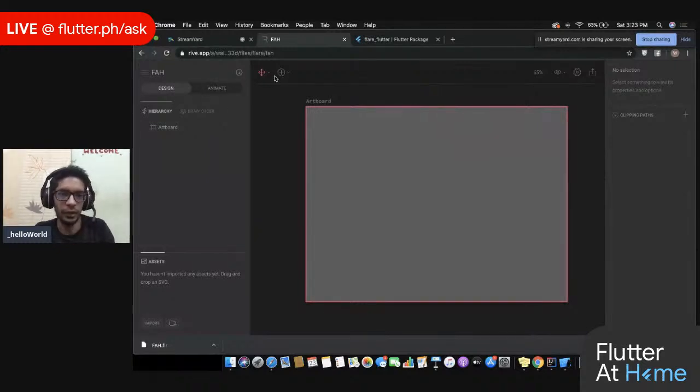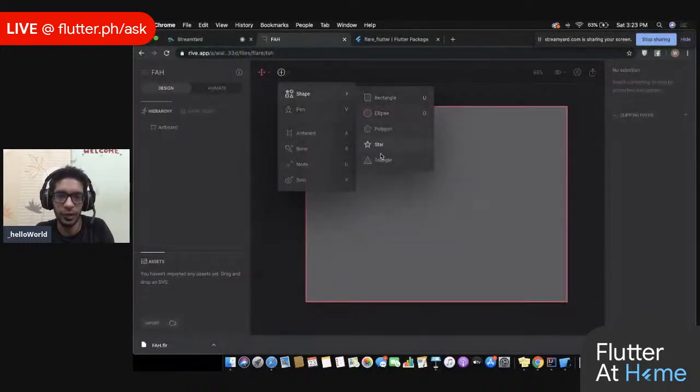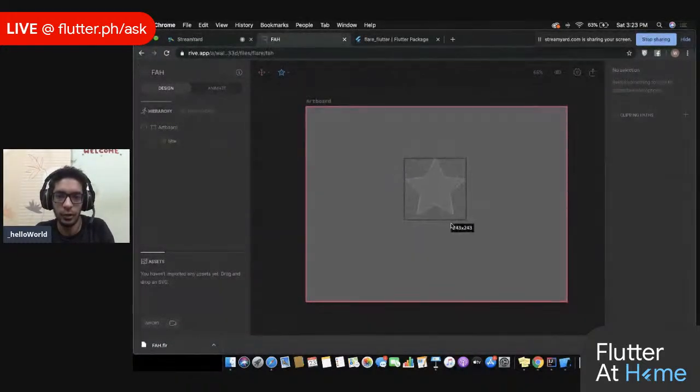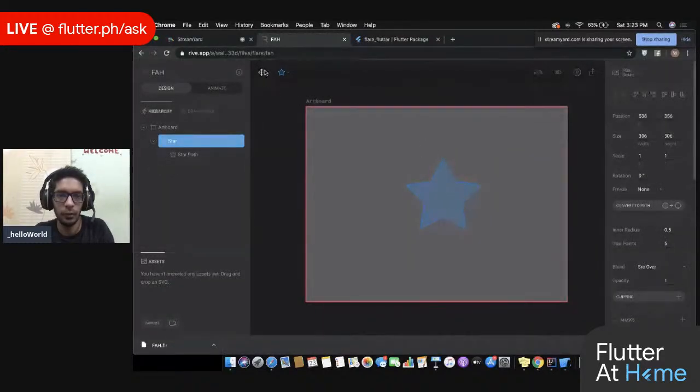So let's create an animation which says tap a star: when you tap a star, it should pop up and change its color. So this is our star. We want that when we tap this star, it should animate, pop up, and go back,